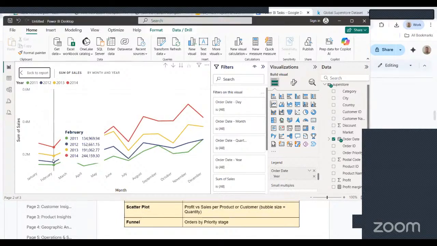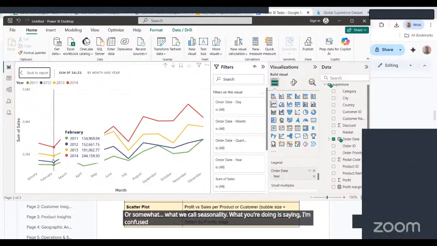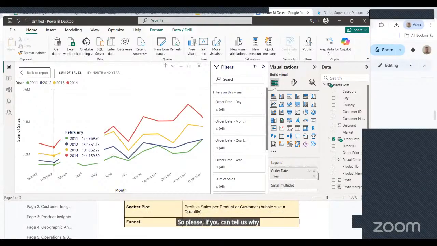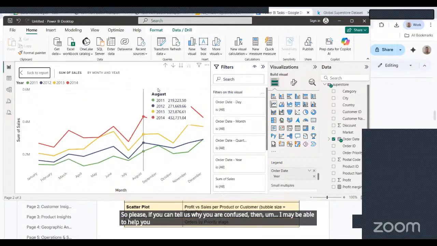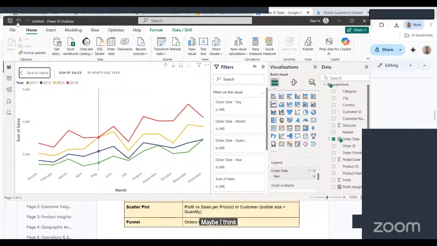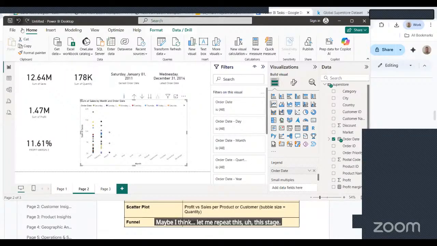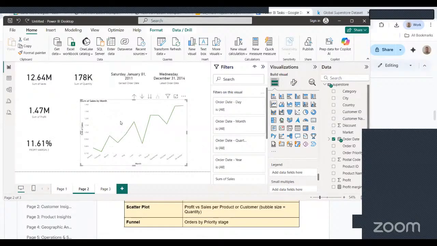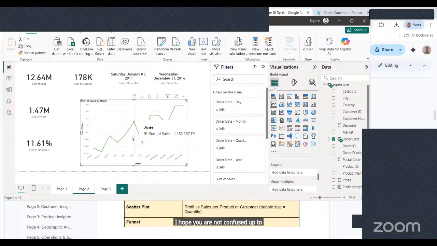Okay, Doreen is saying I'm confused right now. So please, if you can tell us why you are confused, then I may be able to help you. But maybe let me repeat this stage. I hope you are not confused up to this point, right? So what I'm saying, up to this point,